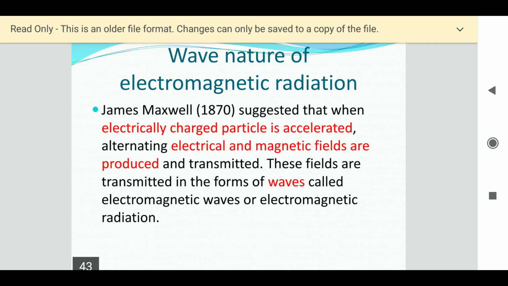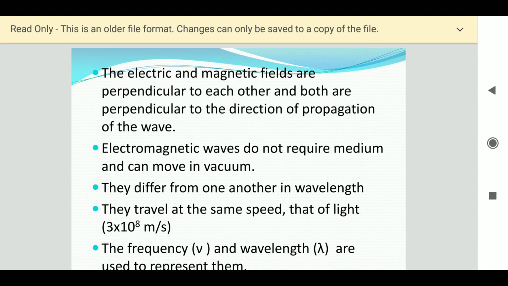Maxwell in 1870, he suggested that when an electrically charged particle is accelerated, alternating electrical current or magnetic field are produced and transmitted. So these fields are transmitted in the form of waves, which are called electromagnetic waves or electromagnetic radiation. जब charged particle accelerate होते हैं तो alternating magnetic field generate होता है या electric field produce करते हैं, जब भी कोई charged particle किसी orbit में move करते हैं, और जो ये fields हैं these fields are transmitted in the form of waves, जिनको उन्होंने डेफिनेशन दिया, दीज आर नोन एज इलेक्ट्रिक मैग्नेटिक वेव्स और इलेक्ट्रोमैग्नेटिक रेडिएशंस।